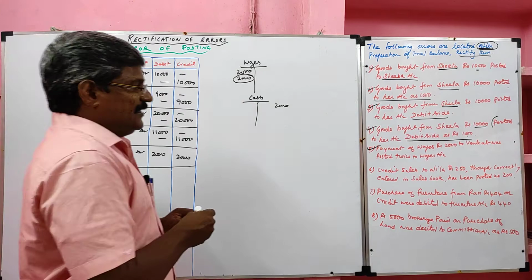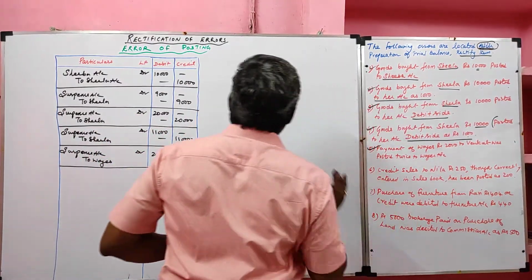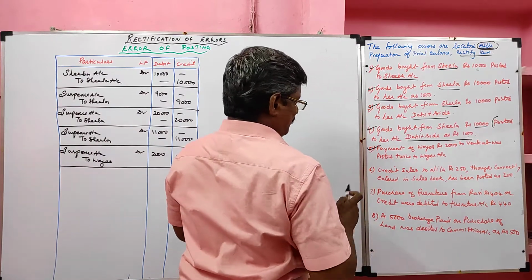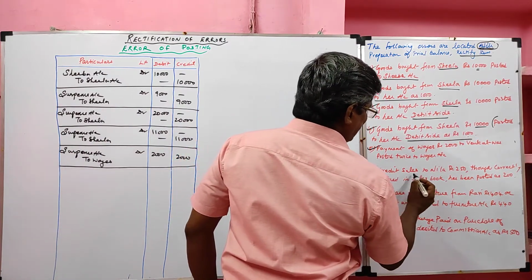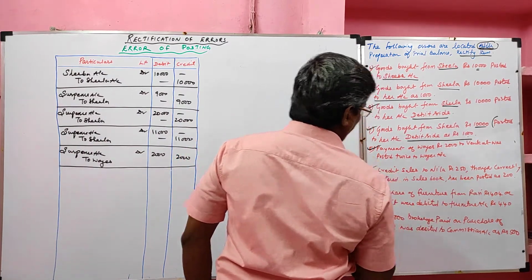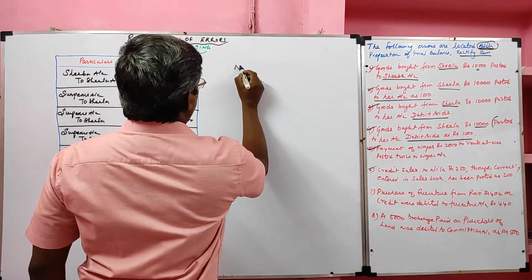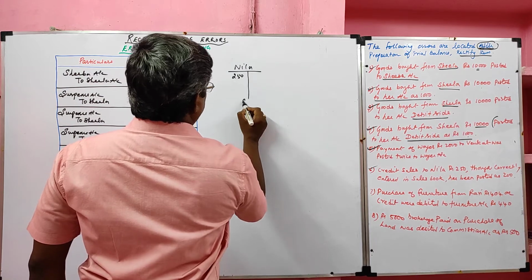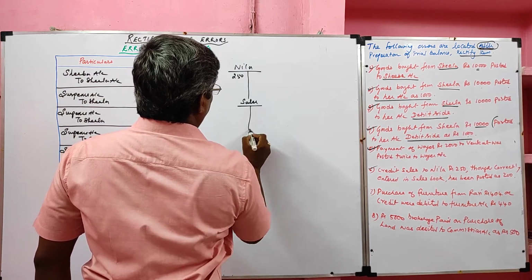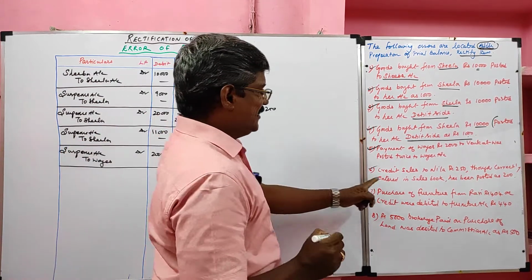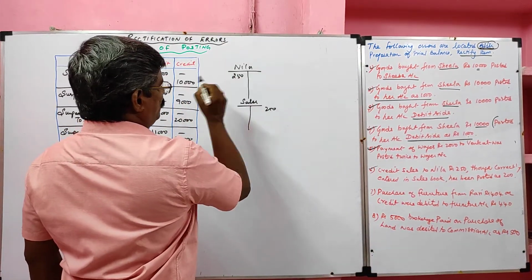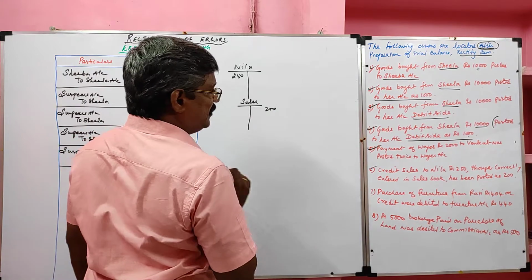Let me see the sixth error. Sum number 6. Credit sales to Nila rupees 250. So the correct posting is Nila account debited 250. Sales account should be credited 250. So the correct posting is Nila should be debited with 250, and sales should be credited with 250.